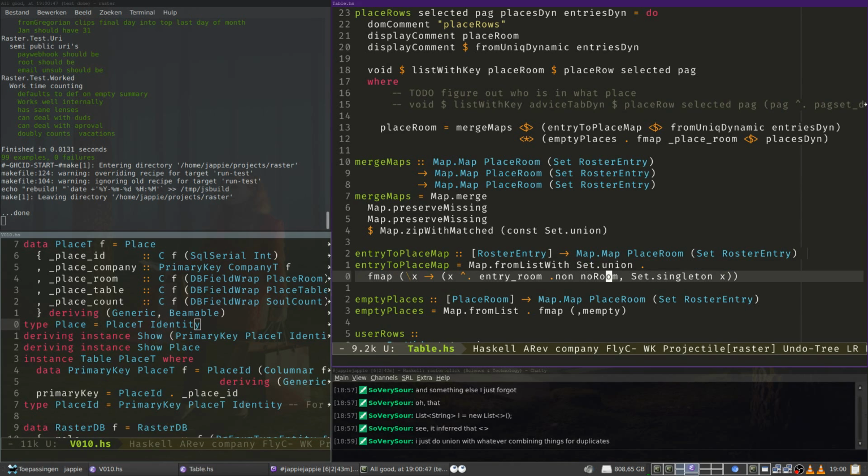This is my bug. So this is why I did the fromList. It's doing the insert, and if it has duplicate keys, by default it will just throw away the new one. It will use the most recent one every time. So you have this other constructor for map, which is fromListWith, providing a function to decide what to do with the value. So you get A and B, the old one and the new one, and then